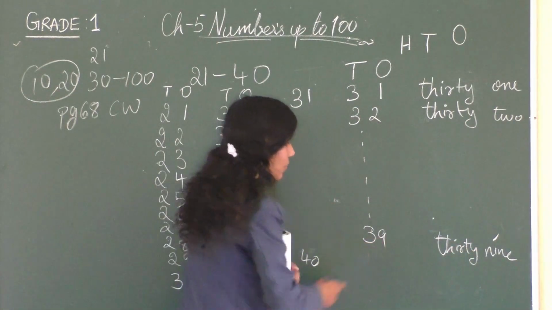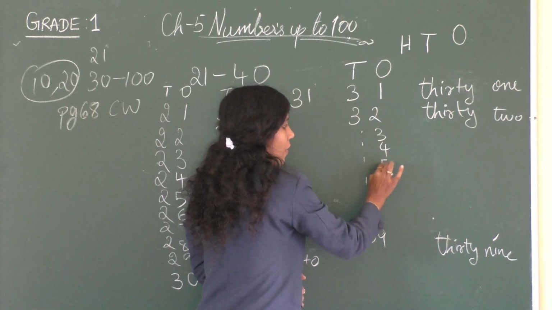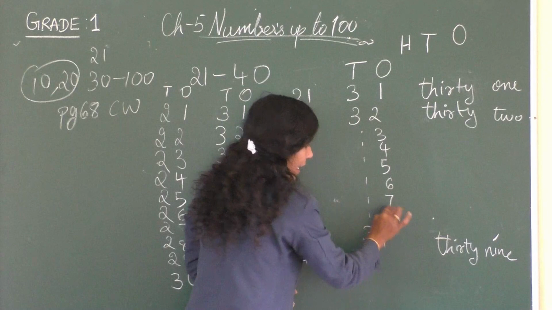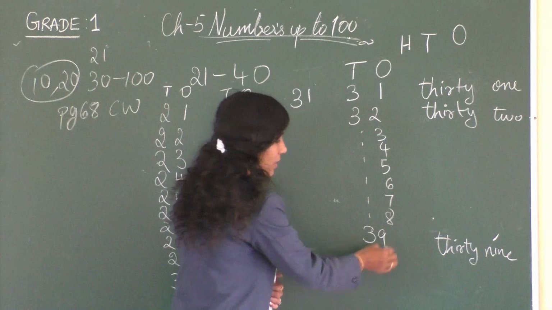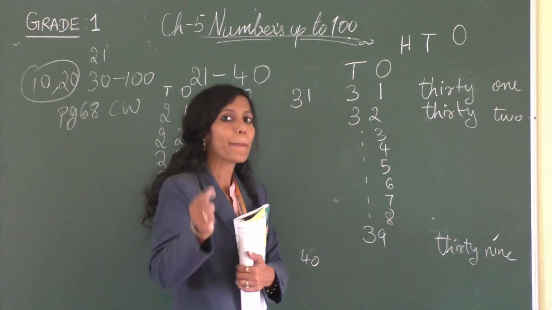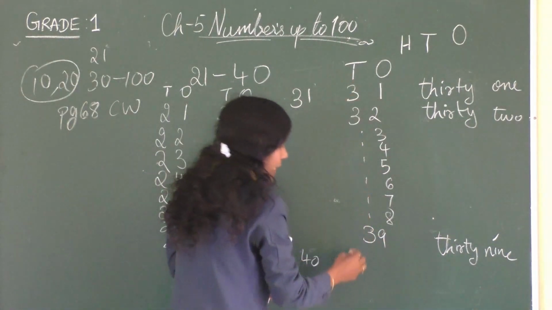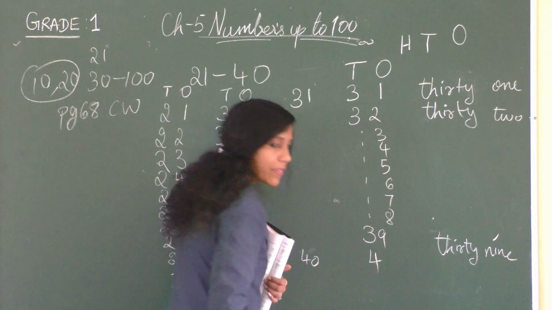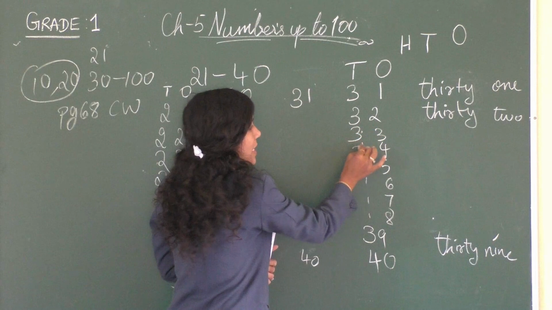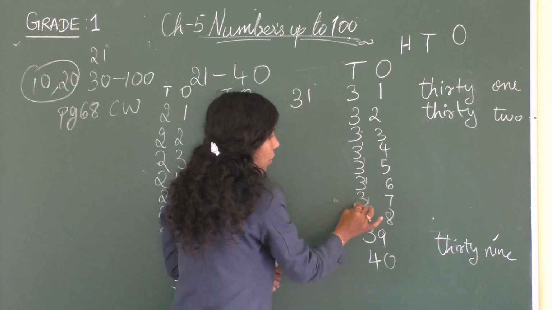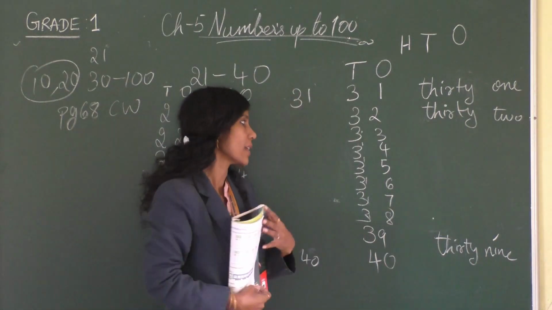Now here again, 1, 2, 3, 4, 5, 6, 7, 8. So the number has come to 9. Now this 9 is going to become 10. When it becomes 10, we shift the whole thing to the tens denomination. So 3 will become 4, and 9 becomes 0. Till then, this all will remain as only 3. After 39, it changes to 40.